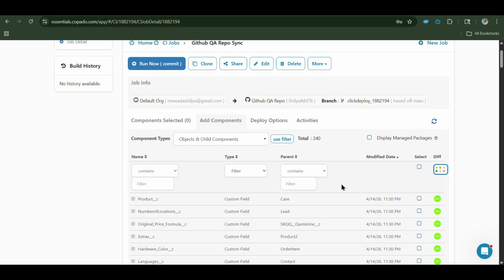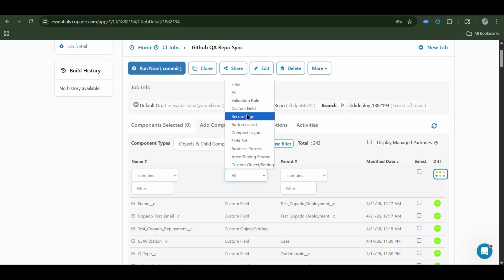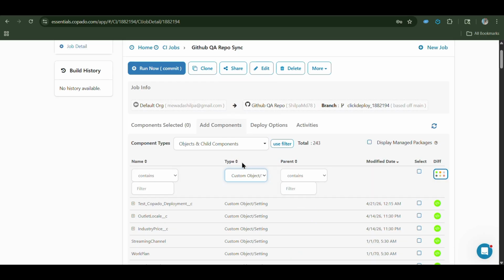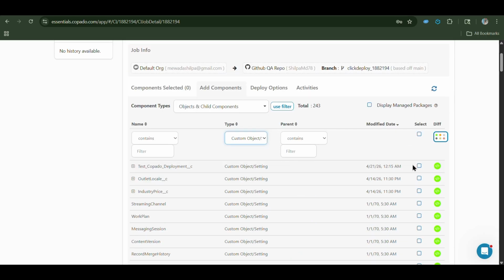Here you can see the filter. Based on the filter, you can filter your custom objects and fields. In this type, you can select your custom object settings, validation rules and filters. Like I'm selecting custom object and settings, and just select this custom object, test Copado deployment.